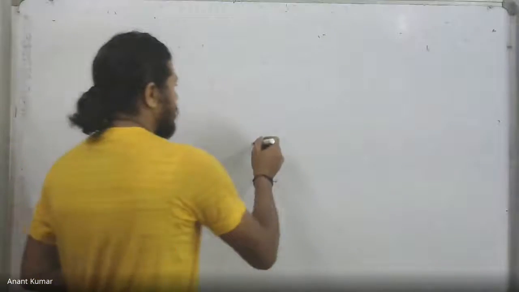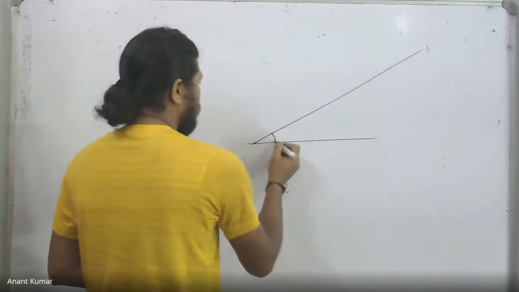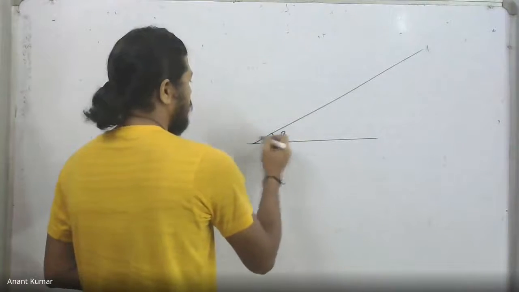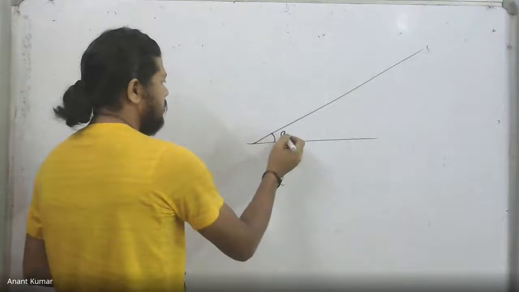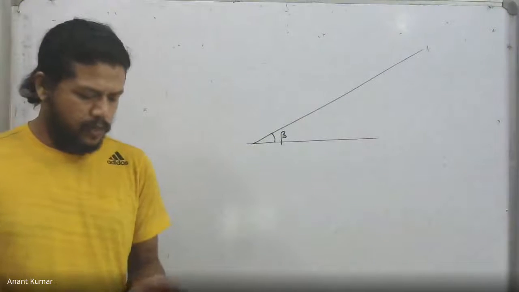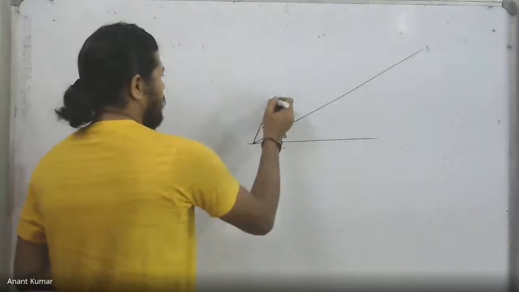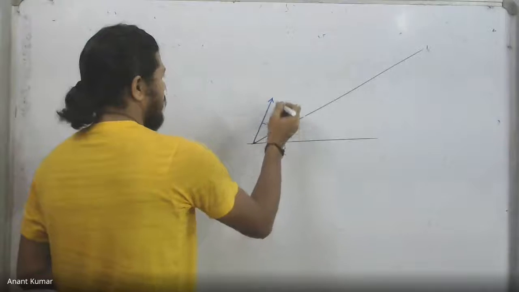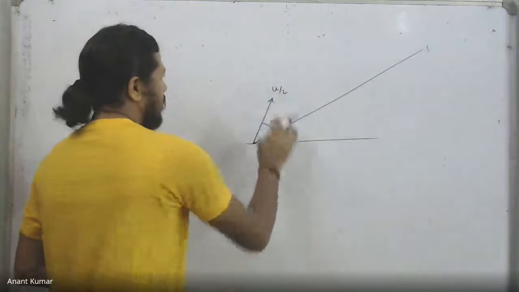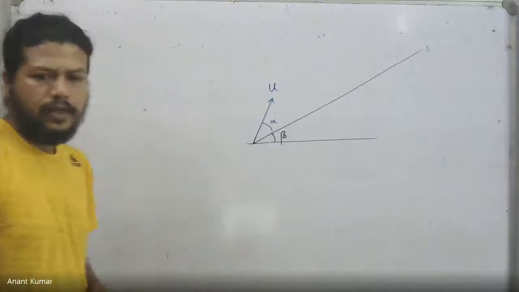Say, for example, that is a hill which is inclined at some angle, say beta, with respect to the horizontal, and a particle is projected with respect to the inclination at a certain angle alpha with a speed u. Rather, u, not u by 2. That question stuck in my head. u, okay.